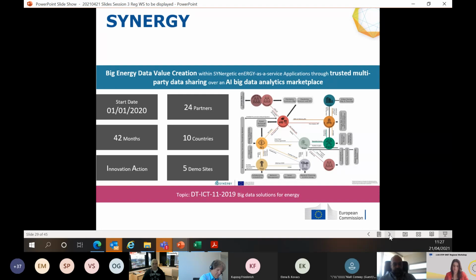And to do so, we are focusing mainly on the integration of the electricity data value chain in order to enable the trusted and secure sharing of data that are currently residing in silos between the different electricity domain and value chain stakeholders, in order for them to be accessible, easily processable, and be used for further analysis in order to allow different stakeholders to reach out to data coming from other data providers or data owners, and in this sense increase their outreach and perform some analytics and introduce this analytics in their operations in order to optimize them in an evidence-based way. So if we can move to the next slide,